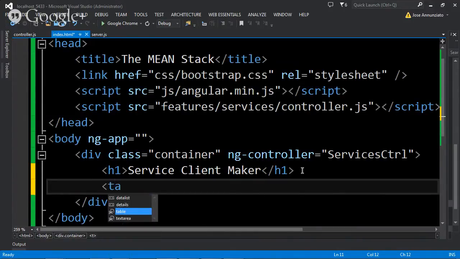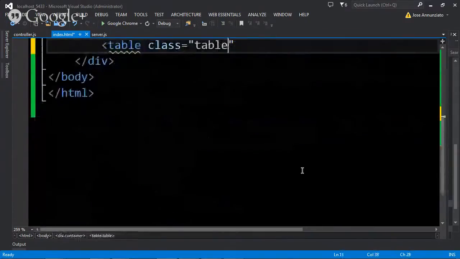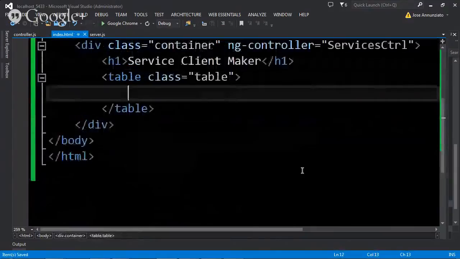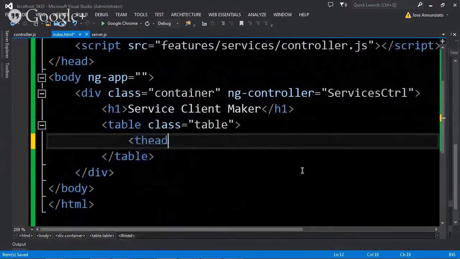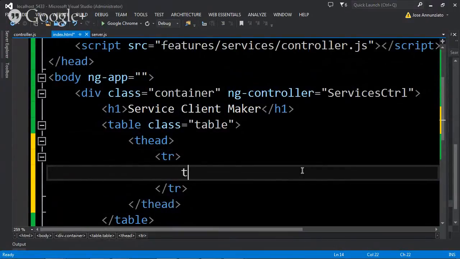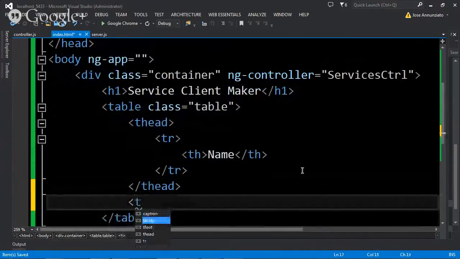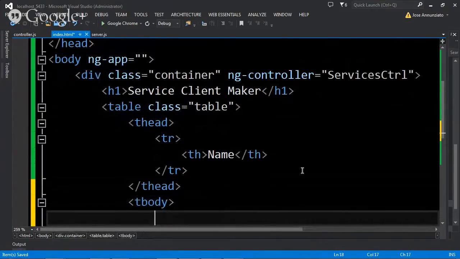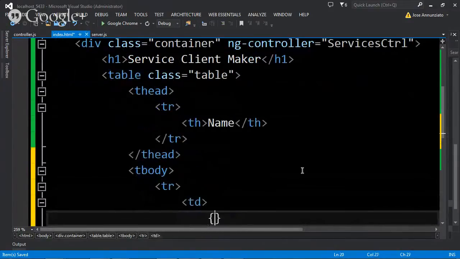So here's a table, right? And the table, I'm going to use class table. And in here, I'm going to have a T head, and in the T head, I'm going to have a table row. I'm going to have a table head here, and this is going to be the name of my service client. Okay, and then down below, I'm going to have a table body, and in the table body, I'm going to have a table row, and in this table row, I'm going to have a table data where I want to render the name of my service